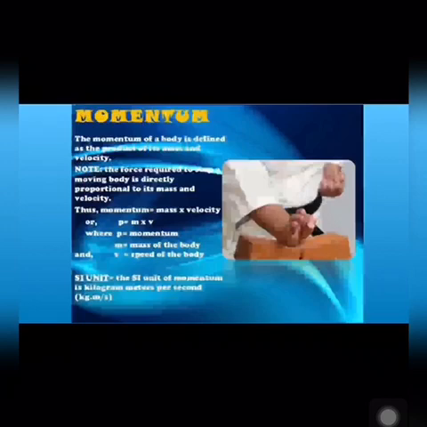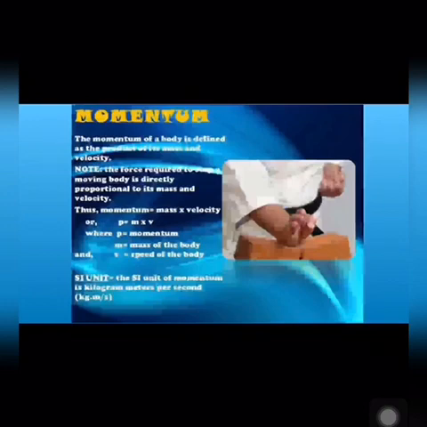We have seen that in the game of table tennis, if the ball hits a player, he is not hurt. But when a cricket ball moving at the same speed as the table tennis ball hits a player, he gets hurt. This is because the cricket ball is much heavier than the table tennis ball. The other common observation is if a bullet of small mass is fired from a gun, it may kill a person, and this is because of the large velocity, or you can say large speed, of the bullet.